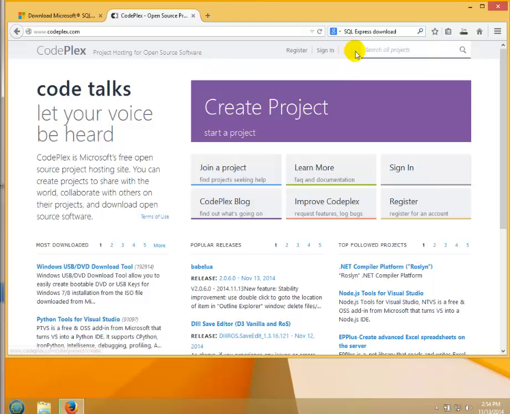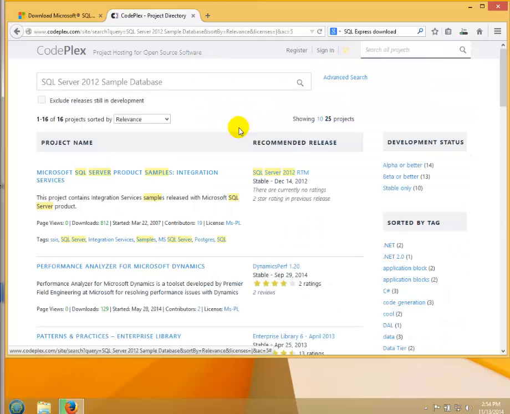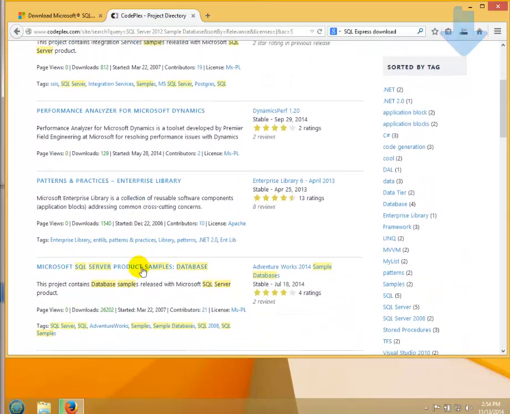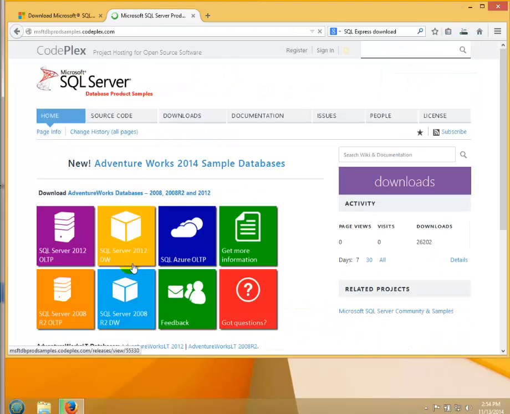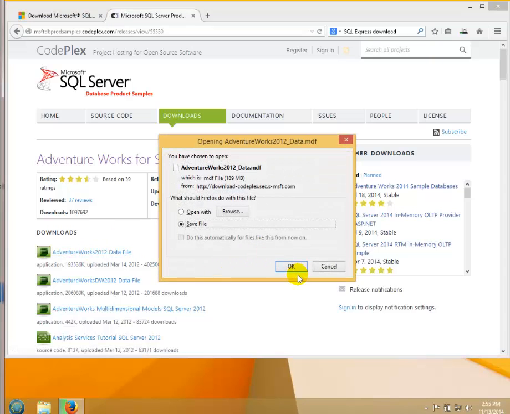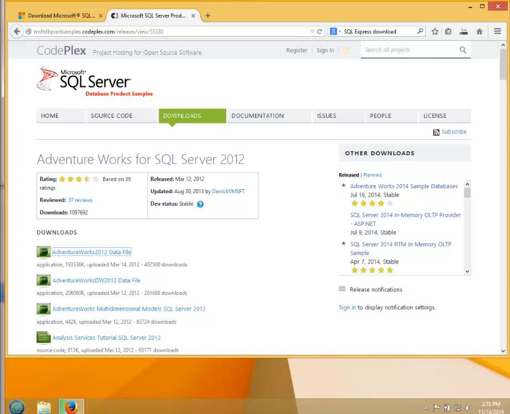codeplex.com website has Microsoft SQL Server sample, and we want the OLTP database. Now we can click on the data file, save it, and also